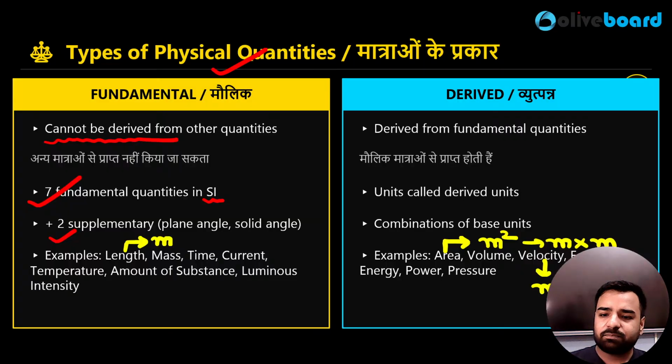Similarly, talking about velocity, it's what? That's meter per second. Meter from length, per second, it is second inverse from time, which you all have already answered. That means the quantities which are derived from the fundamental quantities are derived quantities, and units are obviously derived units. So here, what are those 7 fundamental quantities and those supplementary quantities? Let's have a look.